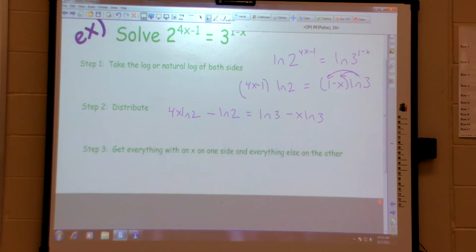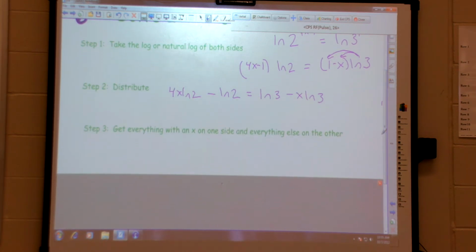Okay. Next thing. This is one a lot of people forget. Get everything with an x on one side, everything else on the other. You should be writing down these steps here. Everything with an x on one side, everything else on the other. By the way, this method of solving is used in many things. You should have done it last year, and I know Mr. Hughes said he covered it, where you did inverses, where you had to cross multiply and all the x on one side, everything like that. And in calculus, you do something called implicit differentiation, which is basically the same exact thing, same method of solving. Okay. So,